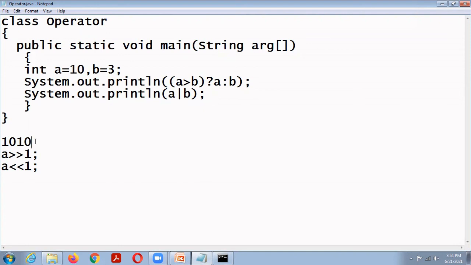Suppose left shift 1, that means the value is 101 here and 1010 there, again 10. So we'll see the output.